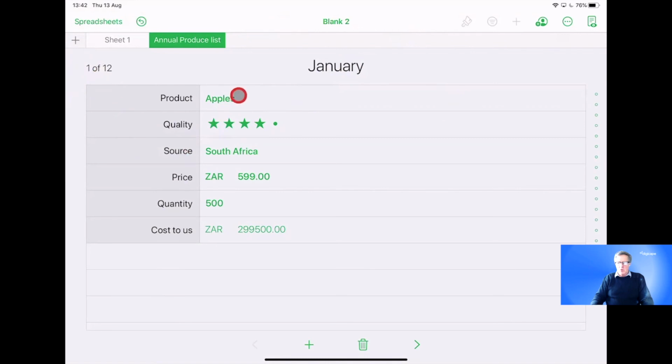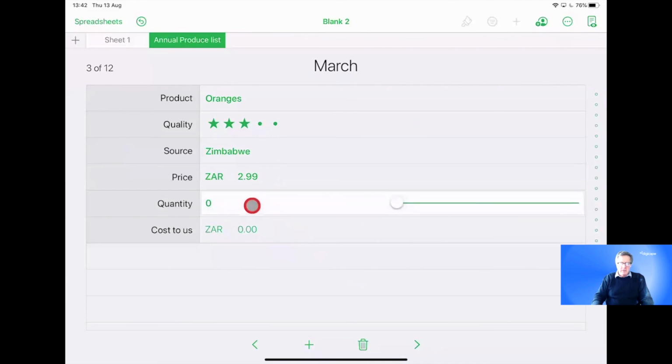It has all of the column headers that I had. And if I want to move to the next one, there's February, there's March. Okay, quantity, 0. Tap on that. Slider that I made before, still there, but much, much larger and much, much easier for big, heavy, clumsy fingers to manage. If we go back here,